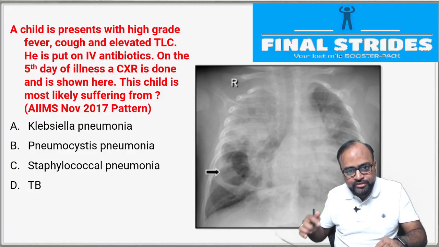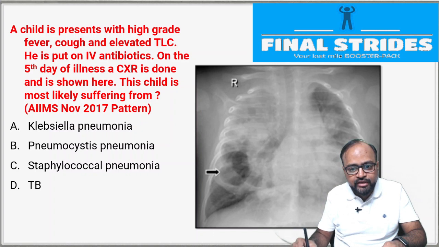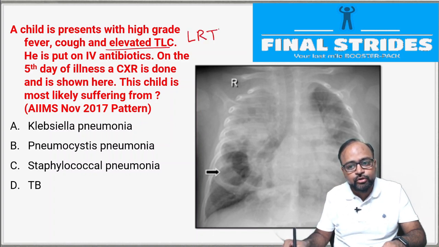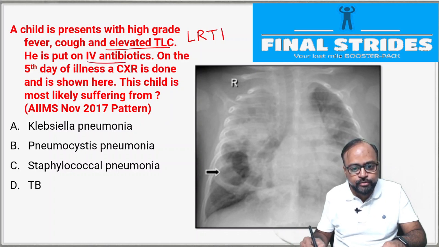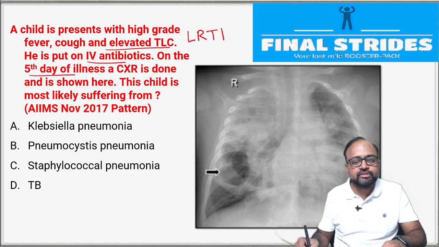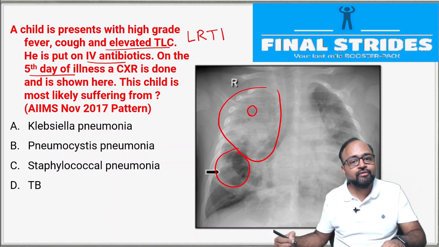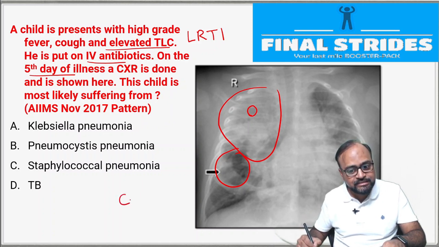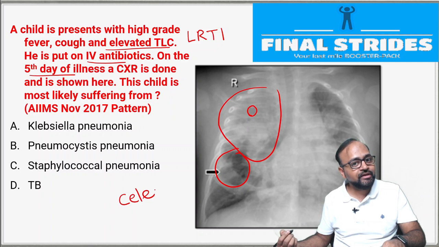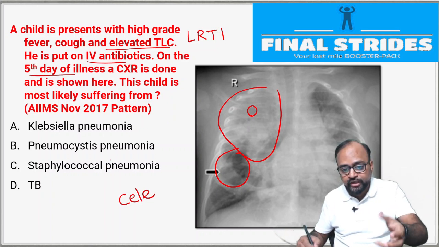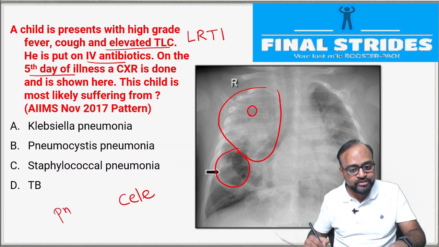Now look at this chest radiograph. A child presents with high grade fever, cough, elevated total leukocyte count. So probably the child has a lower respiratory tract infection. Child is on treatment. On the 5th day of illness, a chest x-ray is done, that is shown. You can see diffuse consolidation involving the lung, right? But along with consolidations, you can see a big round area here. What is this called? This is nothing but a cyst. Cyst means a cavity, right? And it is filled with what? Air. Air means pneumo or pneumato. So what is this? This is a